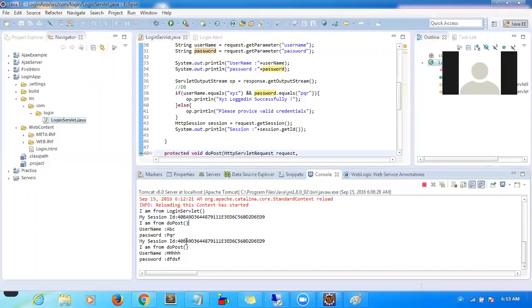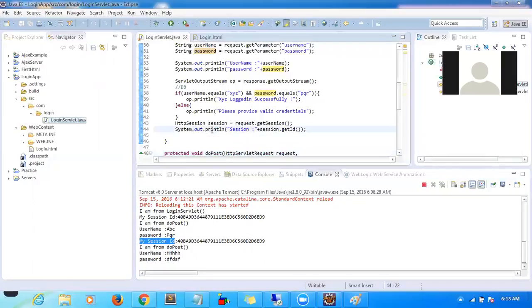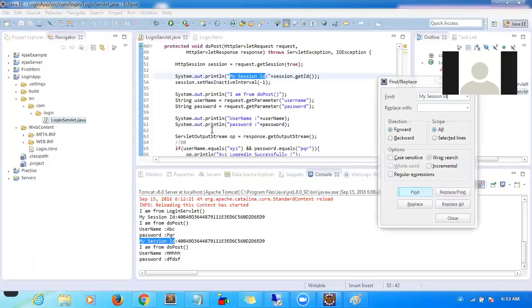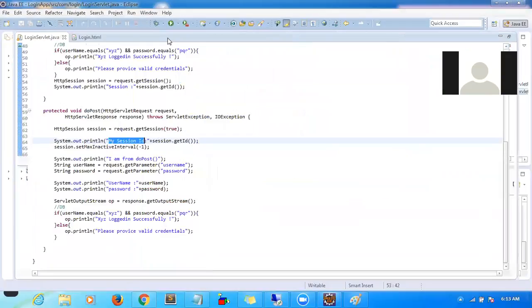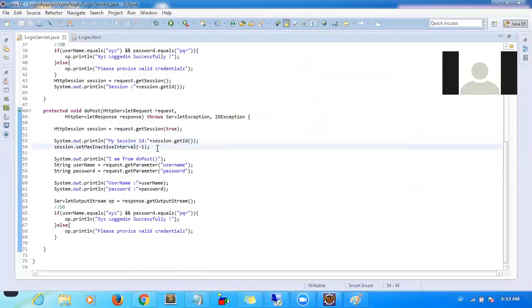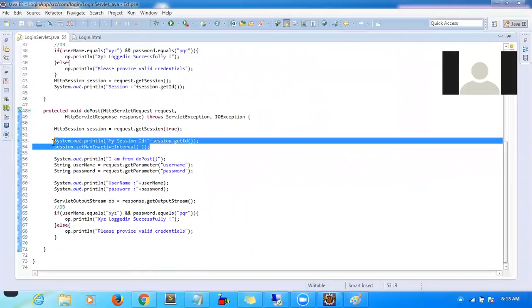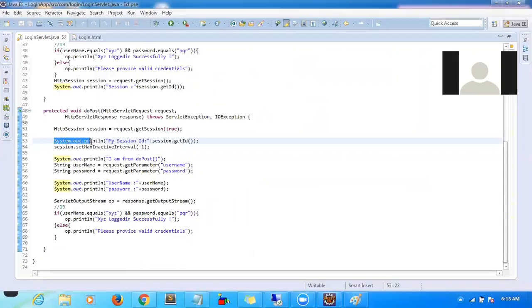Okay, now my session ID username is correct. Where is this session ID coming from? I think we have already discussed this, how we get the session ID and how we maintain the session life, in the last part of the last discussion. This is the way to get the session, and from the session we get the session ID, and here we see how we maintain the life of the session.